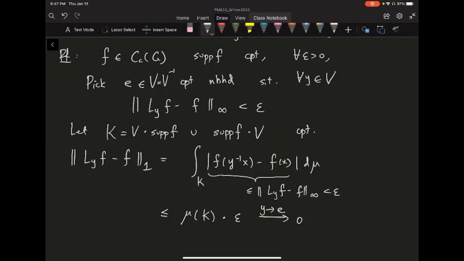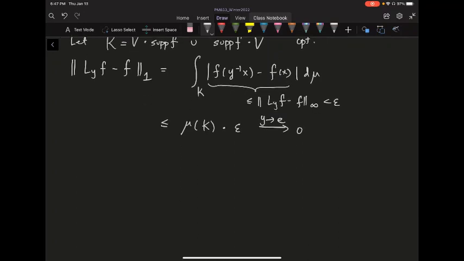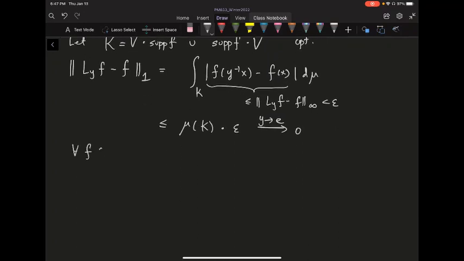You can always make the measure of V to be something small enough, okay? So the mu of k is not going to be too big. As your epsilon goes to 0, this mu k won't increase, okay? All right, so this way you basically show that if you have a compactly supported function, then this is done, okay? So now if you want to say for every f inside the L1 function, well, then what you can